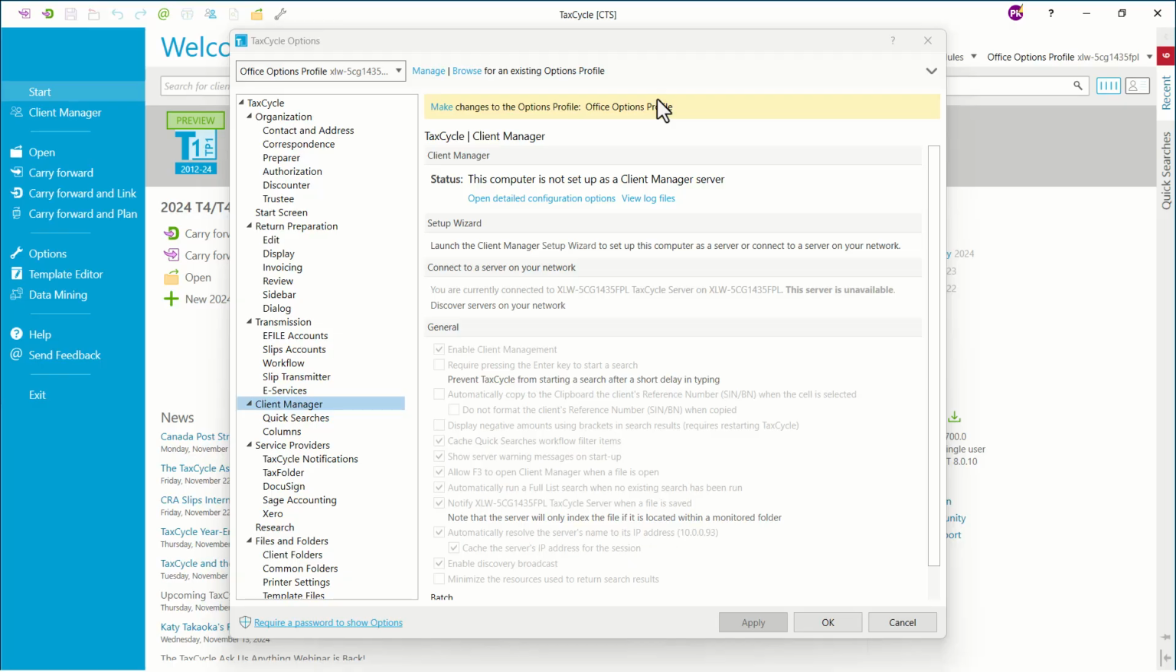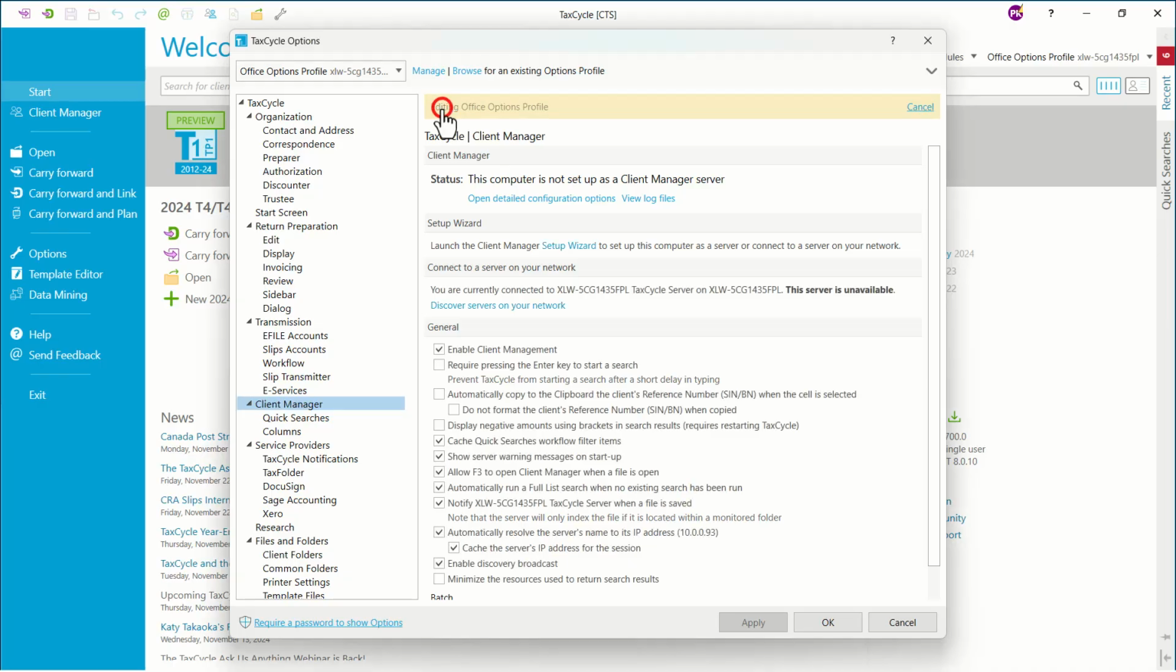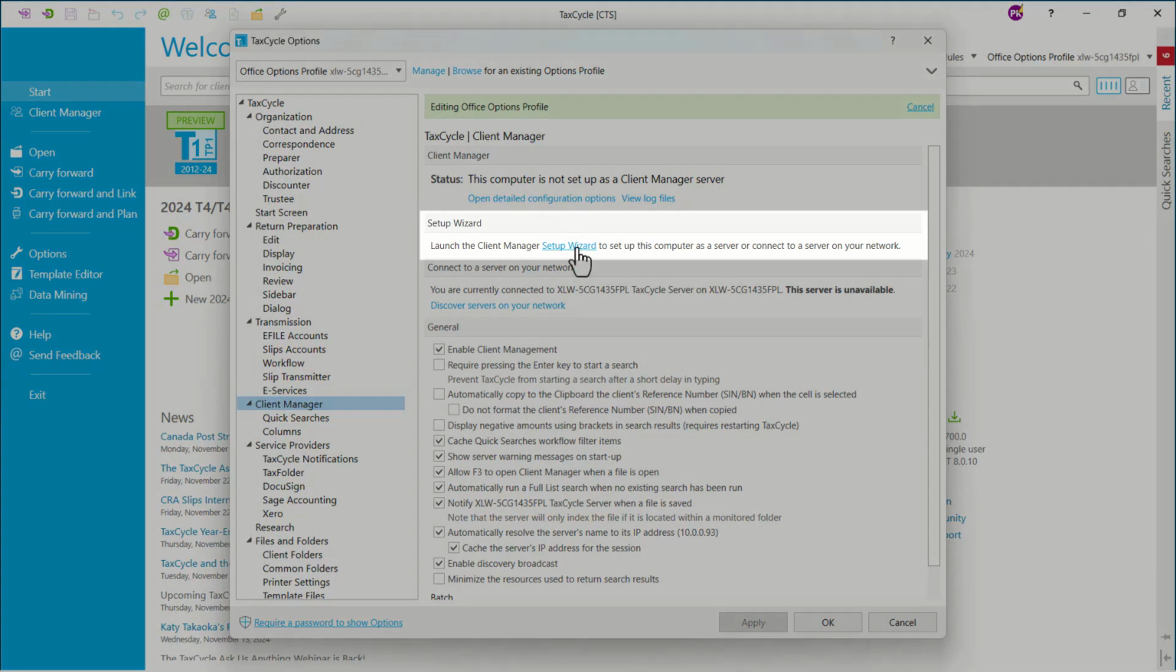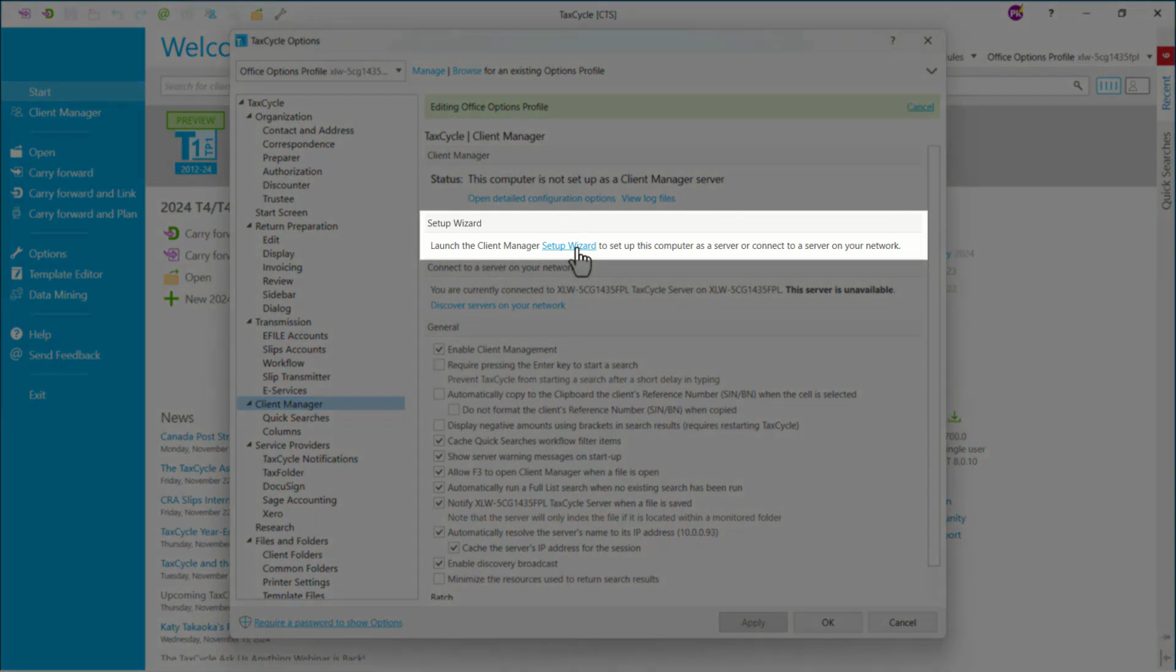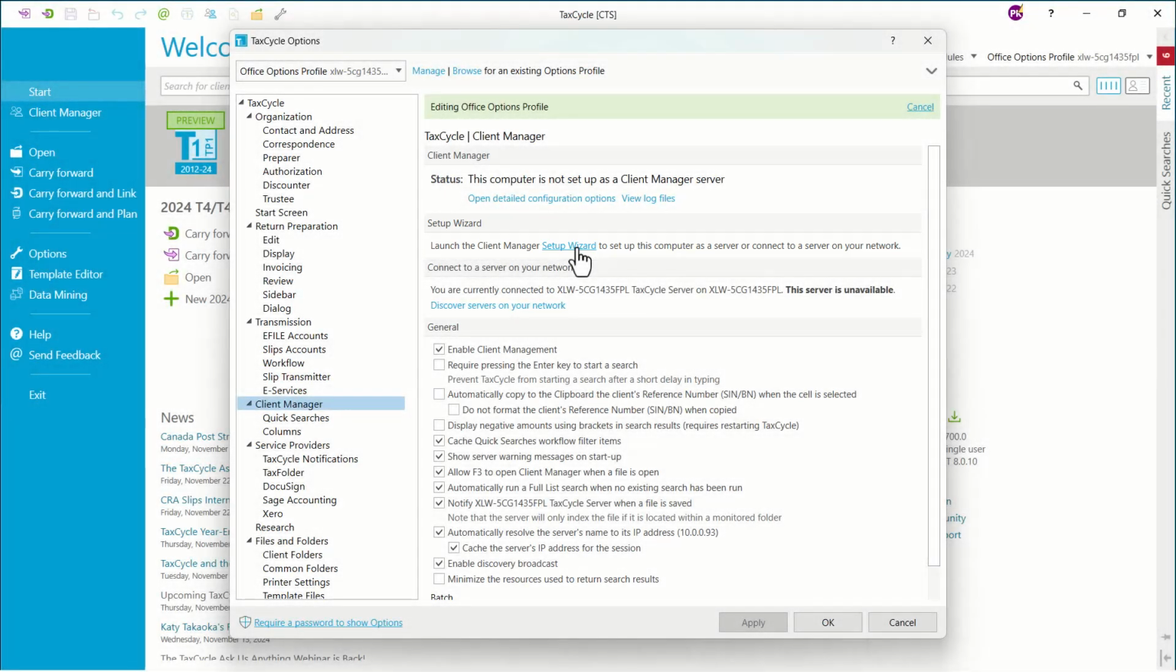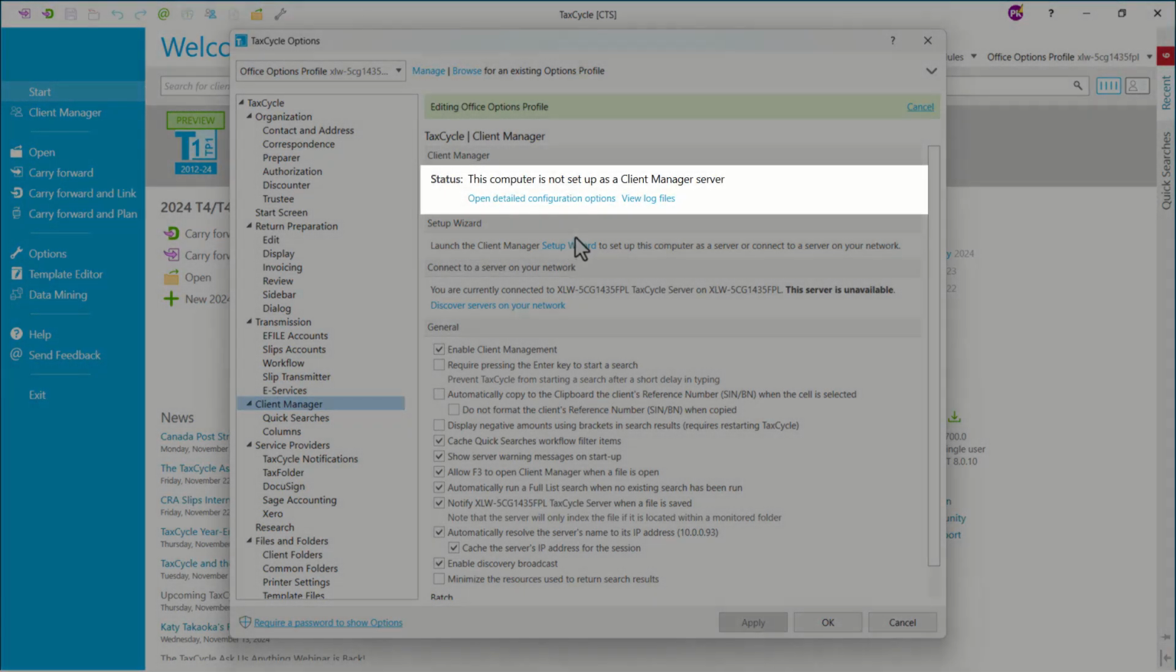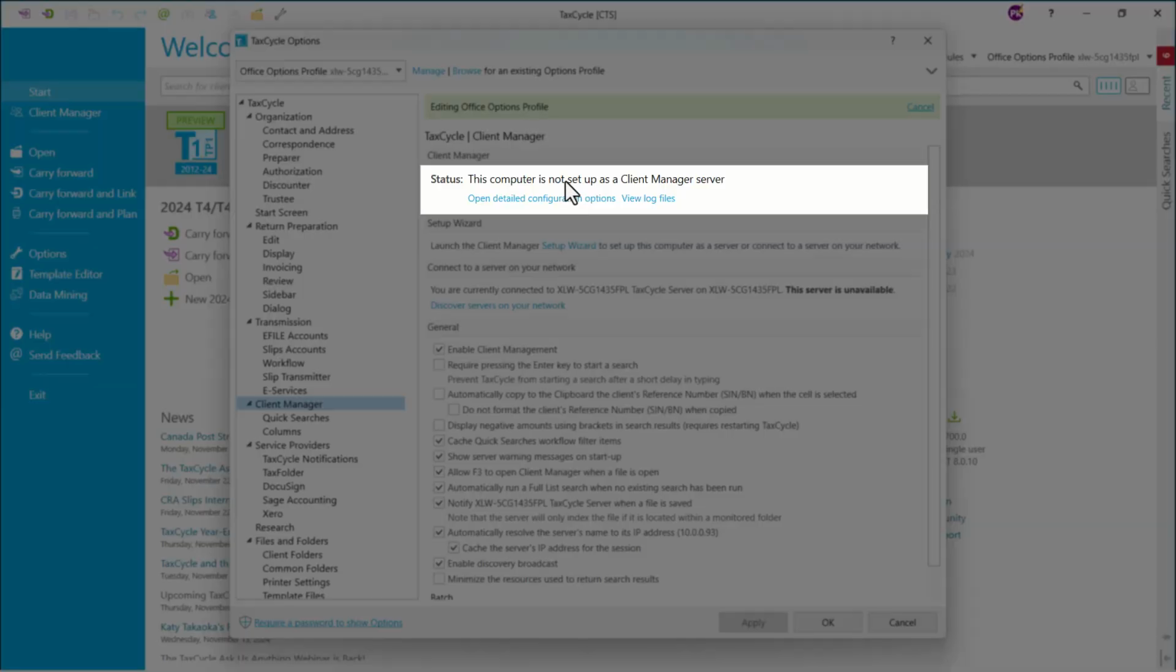For the simplicity of today's demonstration, I am simply going to use my machine as my Client Manager server. At the moment, I am going to click on Make Changes to my Options profile so that I can start editing my Office Options profile here. We will use a setup wizard a bit later, but I'm going to talk about what each section here means. So the status of the Client Manager, essentially we know this computer is not set up as